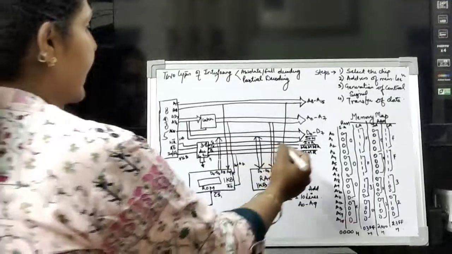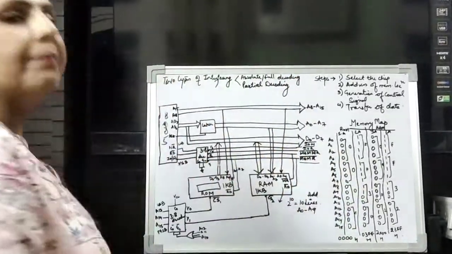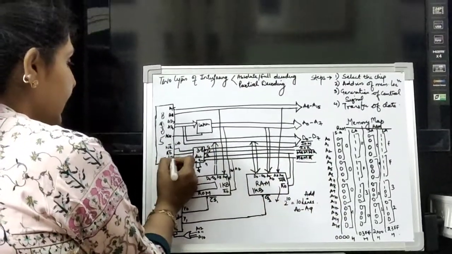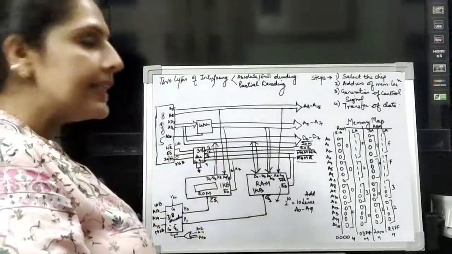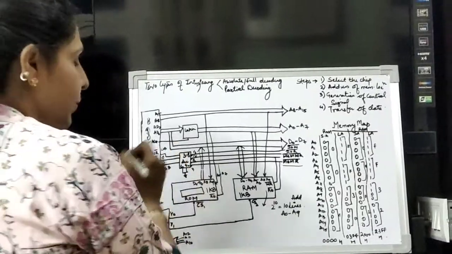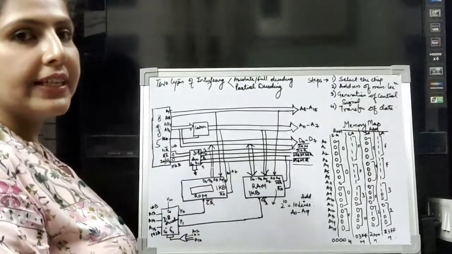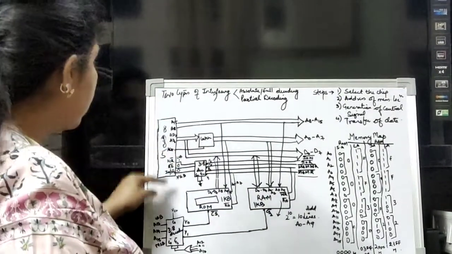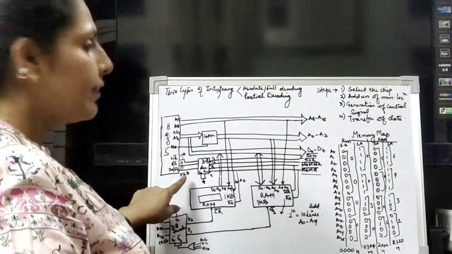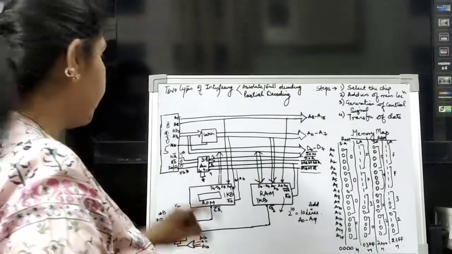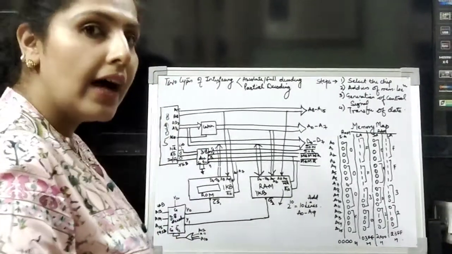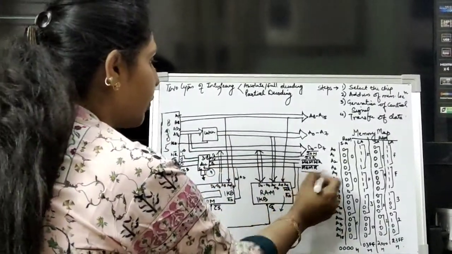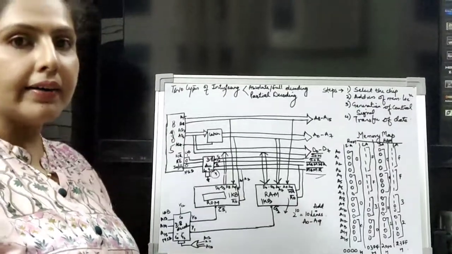Now let us take the example of generation of memory read first of all. Memory read means the memory signal is 0 and the read signal is 0, because we want these 2 signals as active signals, and the write signal is 1. So 0, 0, 1. This is our most significant bit and this is our least significant bit. So 0, 0, 1. What is the output? It is output number 1. So Y1 is used for memory read bar.